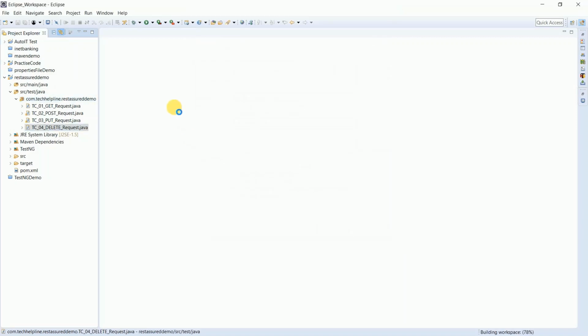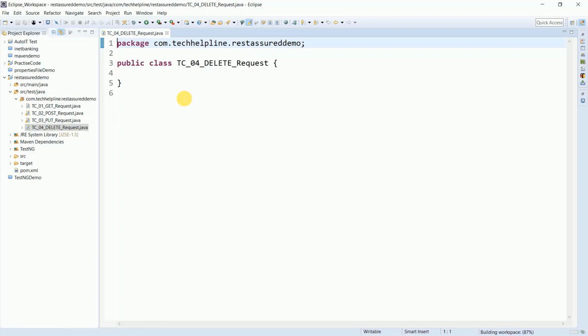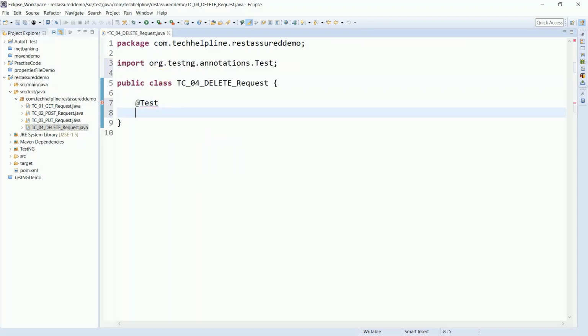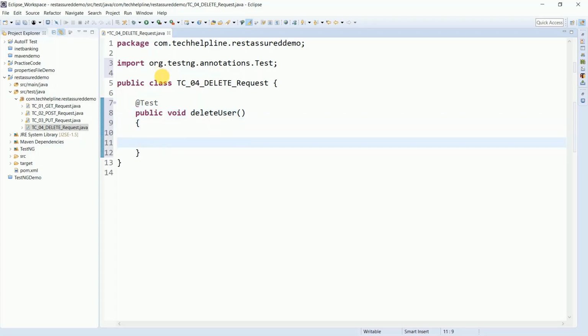Guys, the same steps we have to follow as we have followed in the last methods. First, we'll create one method and give the method name as delete user. So the same steps we have to follow, and I'm just writing those steps.